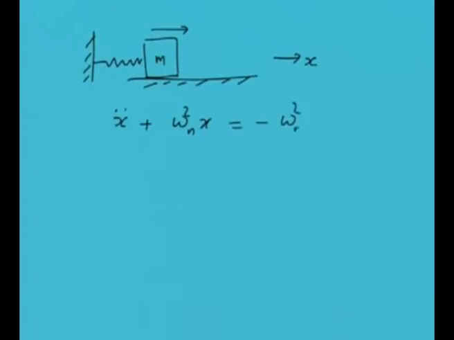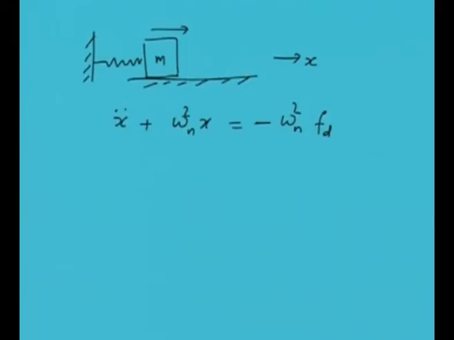Now the spring is compressed, the mass has reached one of the extremes, and it is trying to move toward this direction. So the direction of velocity is now positive, because we have taken the x direction as positive. So when the motion is going from left to right, the equation of motion will be this. A negative sign is coming here; the positive sign was there when the motion was from right to left.